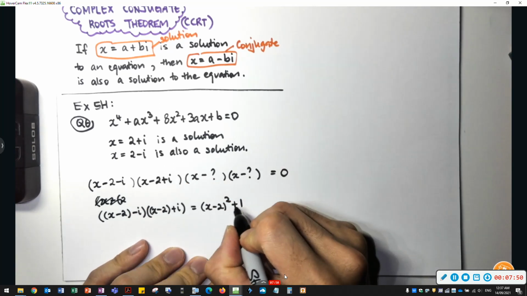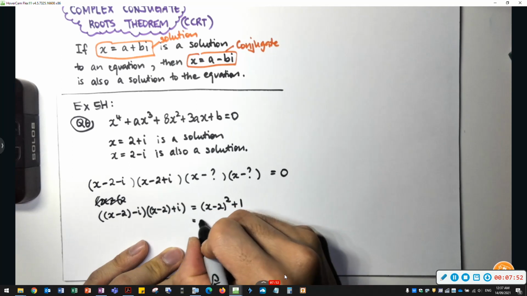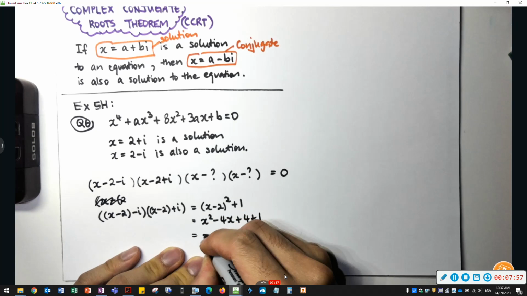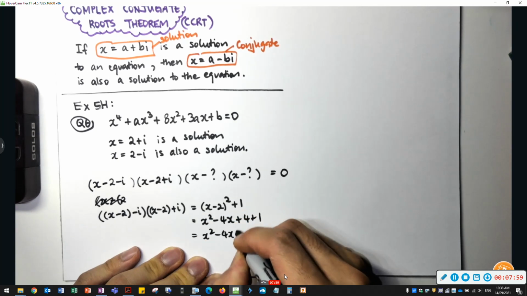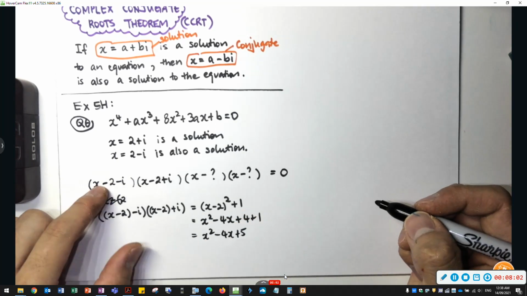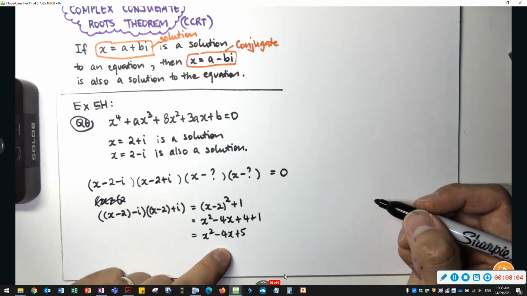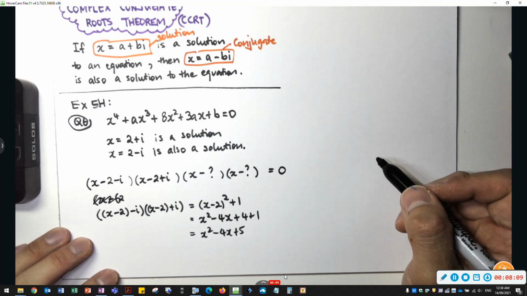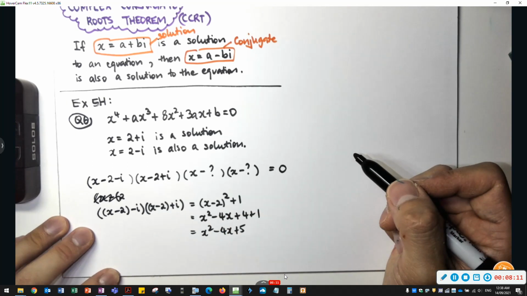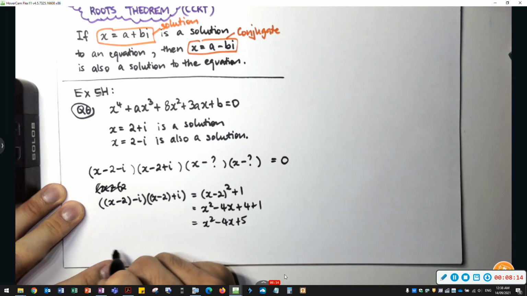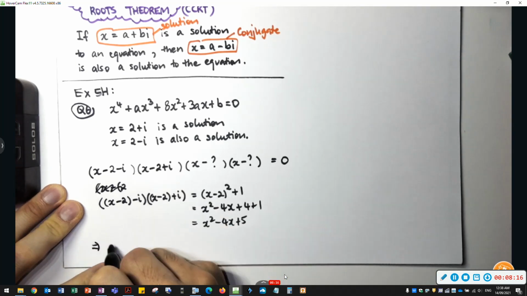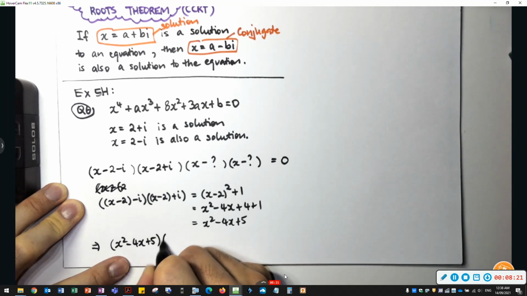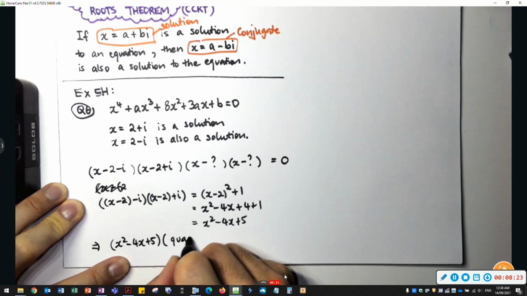And then I can expand that even further. That will turn into x squared minus 4x plus 4 plus 1, so this is x squared minus 4x plus 5. Those 2 brackets just turn into this quadratic expression. And then I'm going to have another quadratic expression, which I don't know what it factorizes down to. So now my equation turns into x squared minus 4x plus 5, and then some unknown quadratic,